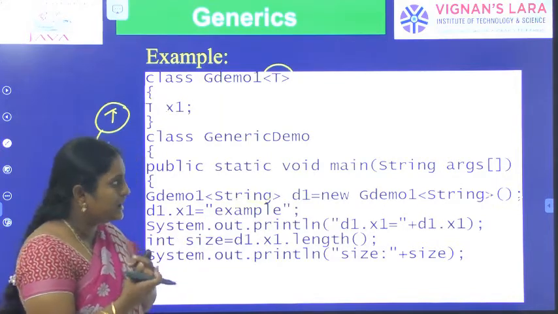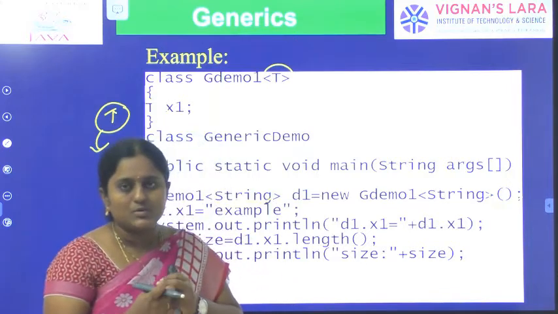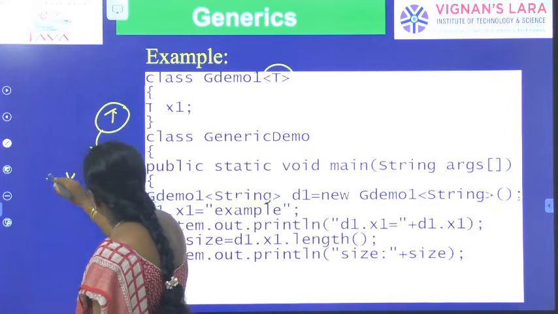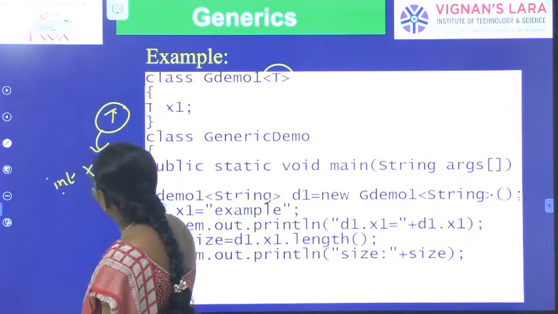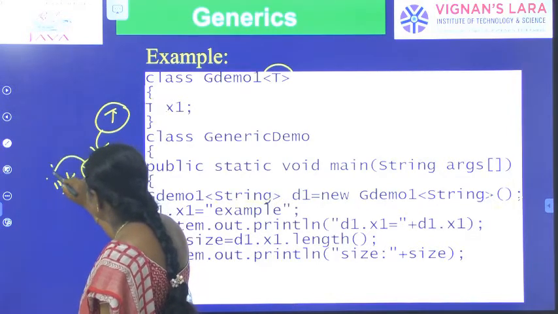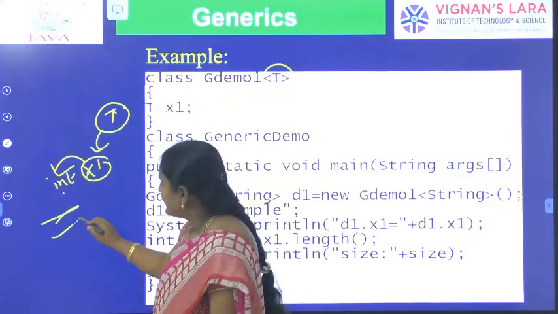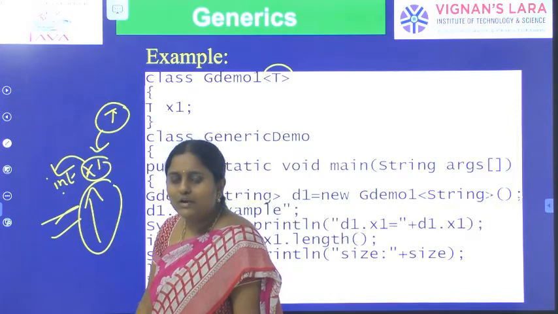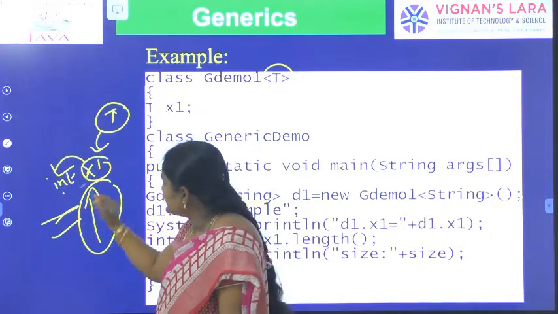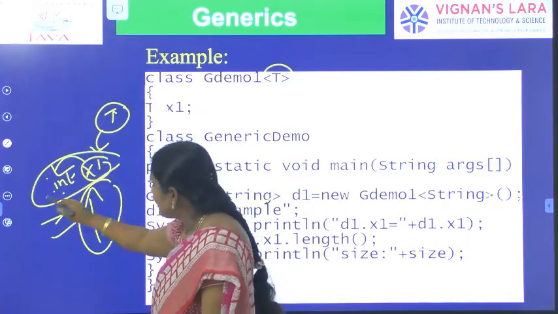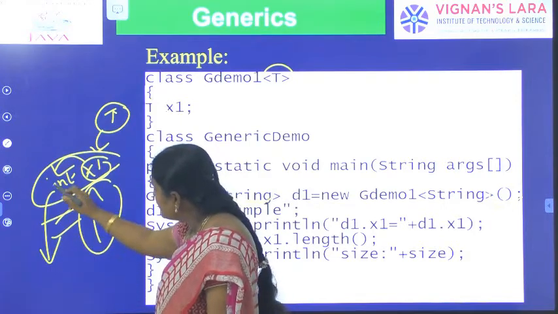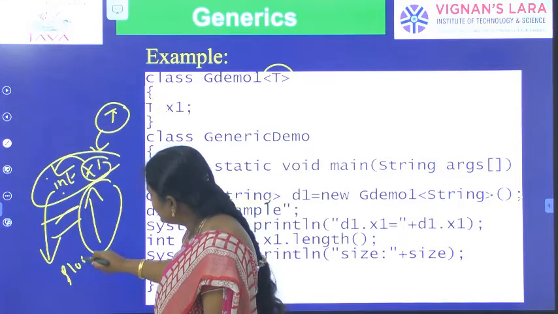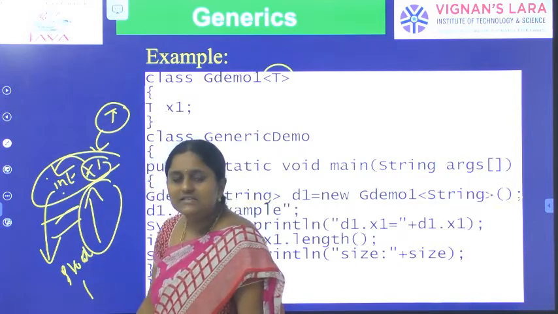For example, in the previous programs, we just have to define one data type. Suppose int x1. So for example, I am defining a variable x1, so it is integer type. At the time of compile time or runtime, we can give only integer type values. Only integer type is possible at a time in these statements. Suppose at the time of compilation or runtime we give some float values or double values, it leads to a compilation error.